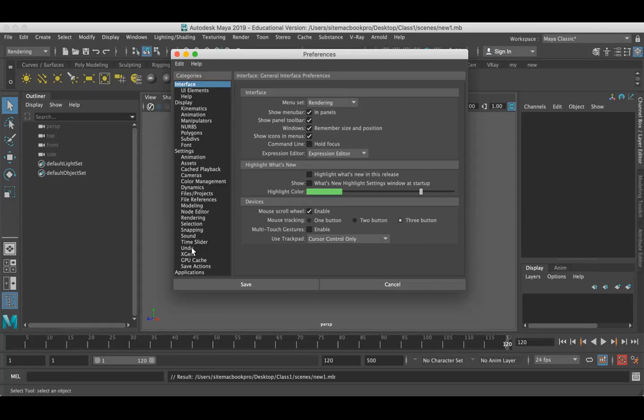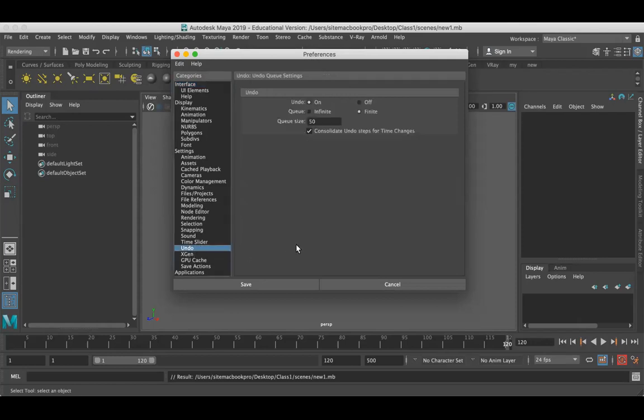Here, at the last side, you can find Undo. Just click on Undo. By default, you'll find finite undo. I recommend you go with infinite when you are working, especially when you are very new to Maya, because then you have unlimited undos.